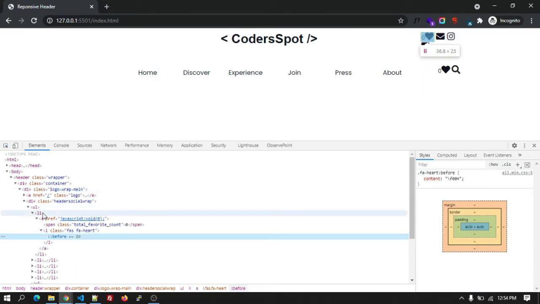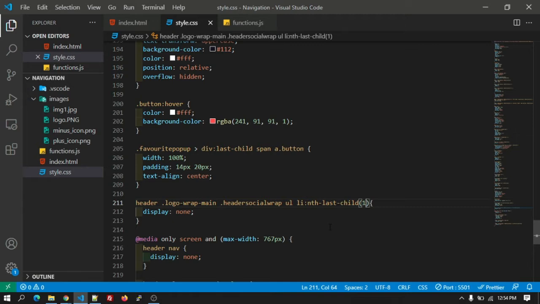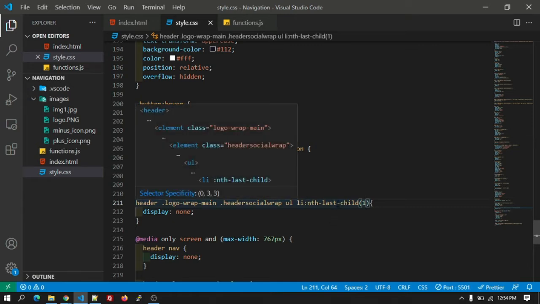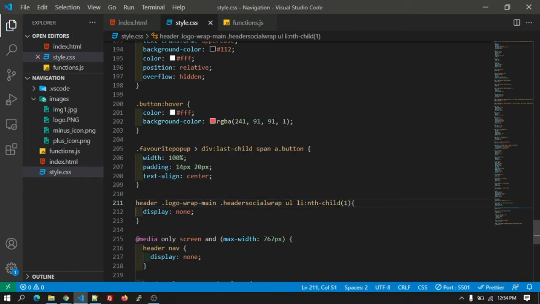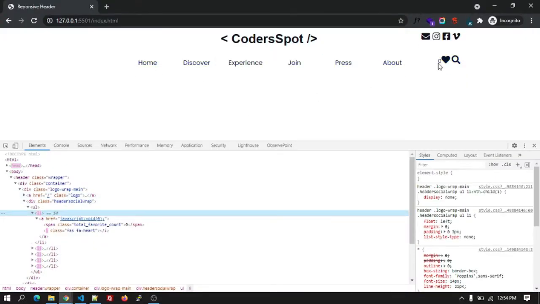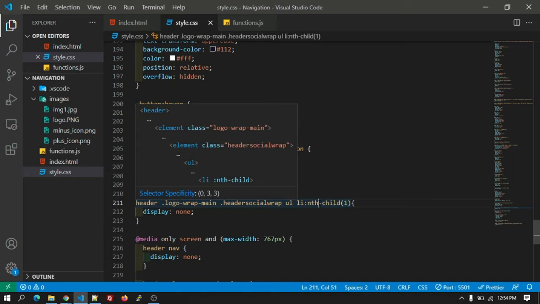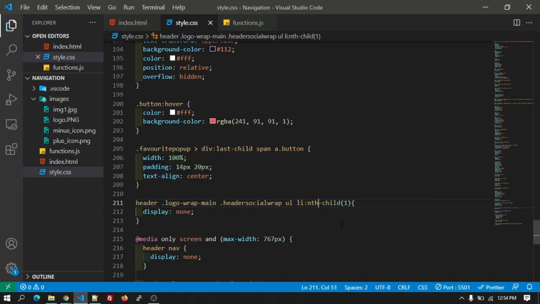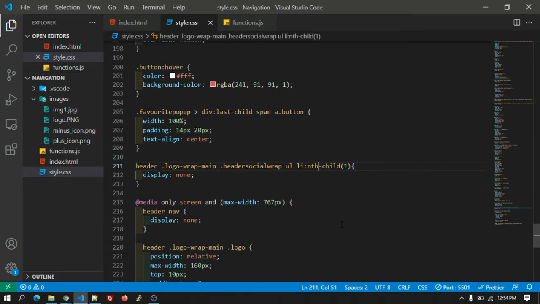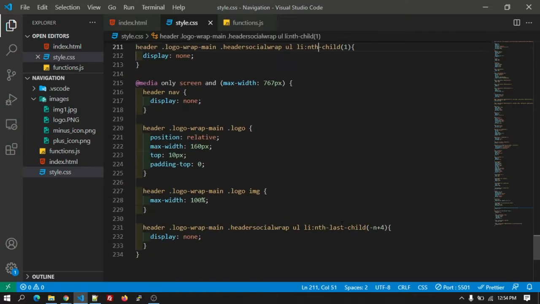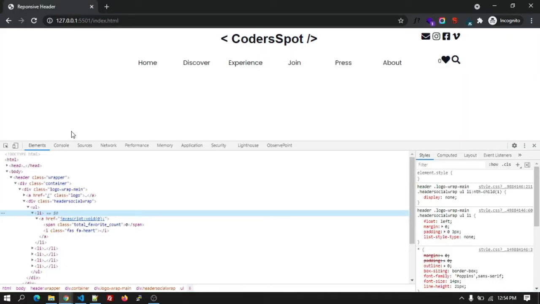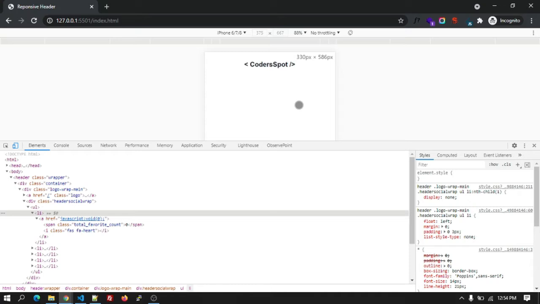It's not hidden right now. Give me a second. It will be a hen n child. Okay, so right now you can see here it's hidden. So make sure while copying you need to remove the last keyword from the CSS. Okay, so we have removed the wishlist icon from the desktop.